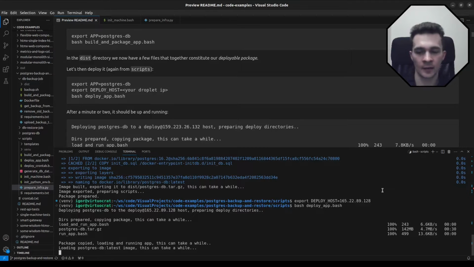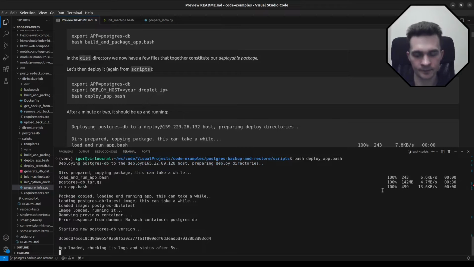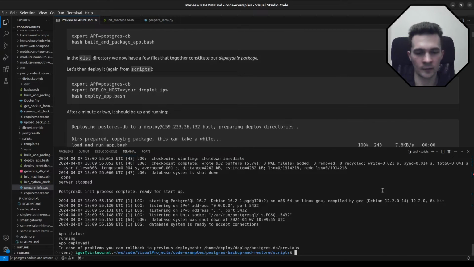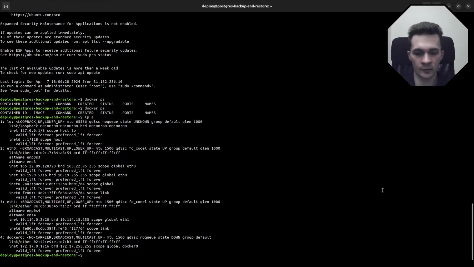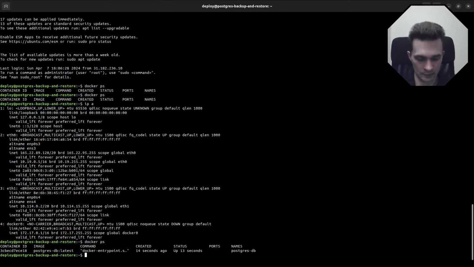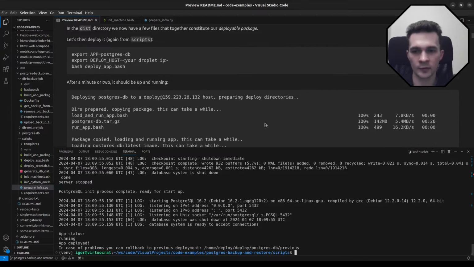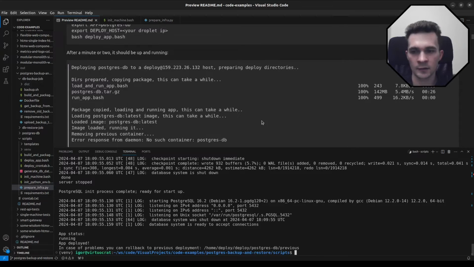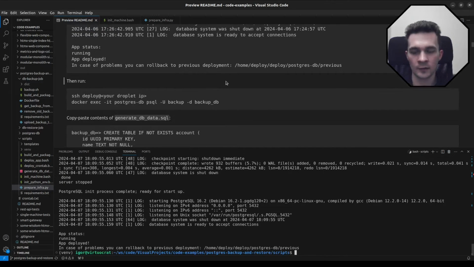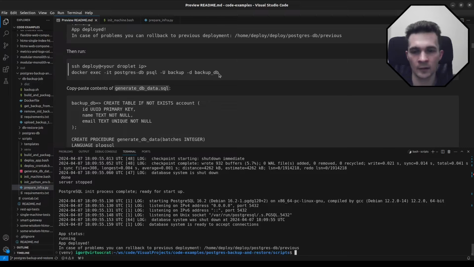Okay, we have it. It's getting loaded on our droplet, and that should basically work. We have a log, so it should work. We can run docker ps also, and as you can see, it is here. Okay, so we have that. So let's go further. We have Postgres, and what we need to do next,